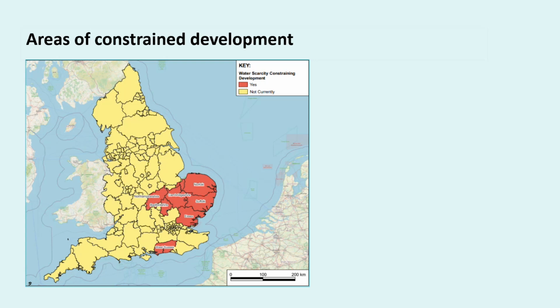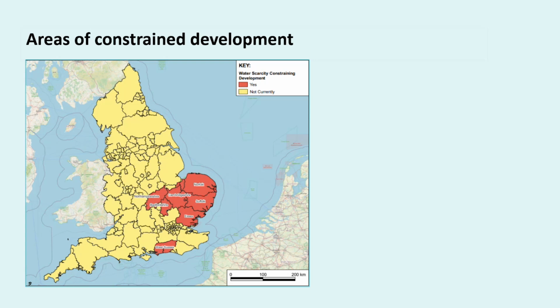Earlier in the summer, there was a chicken farmer who was refused permission to increase his potable supply. So he's building his own reservoir. I don't know how he's going to fill it, but I'm sure he's thought it all through. And there was a small brewery as well in the press the other day. They've been denied more water, so they can't expand, and they're looking to leave East Anglia for wetter climes.